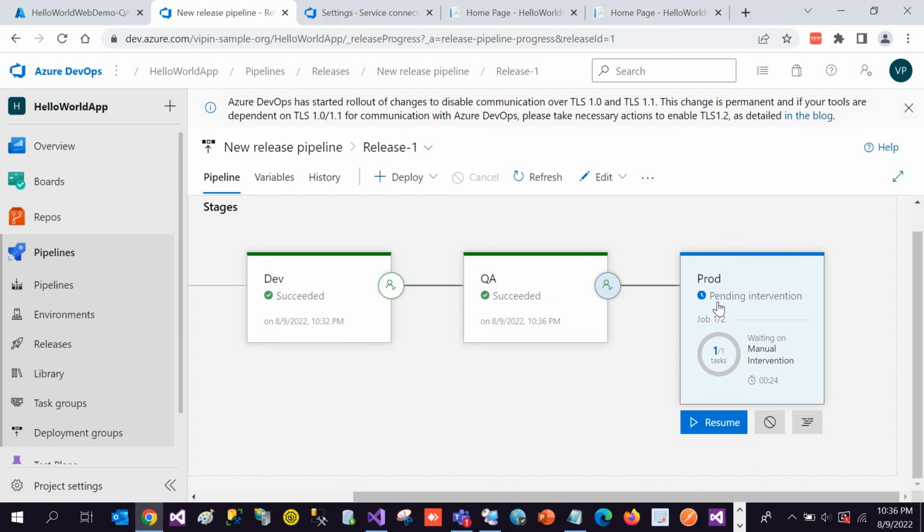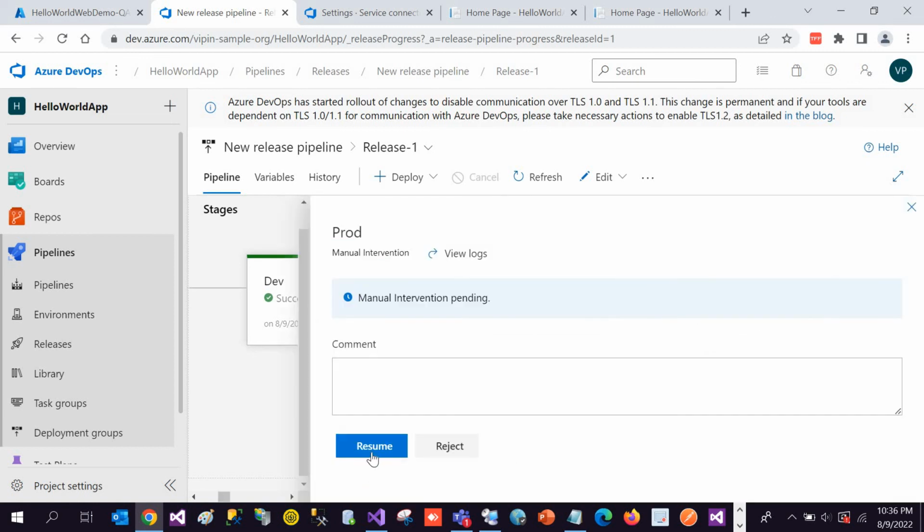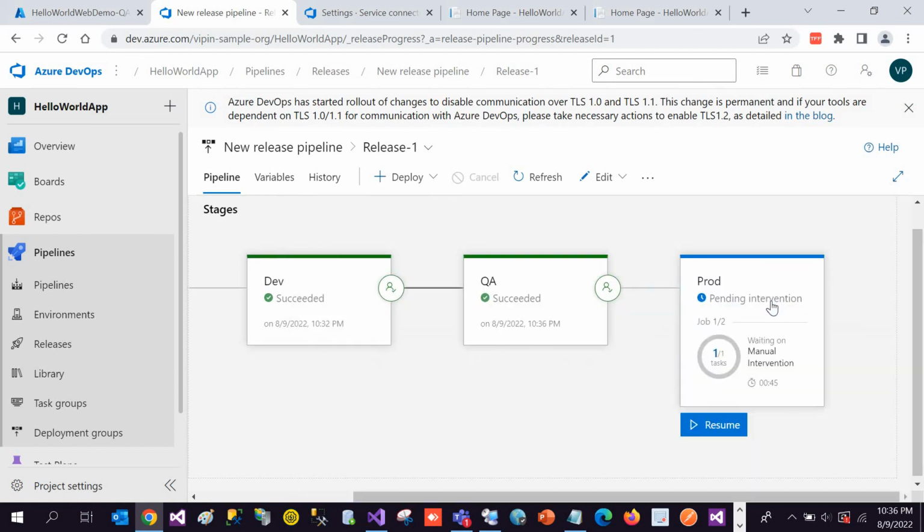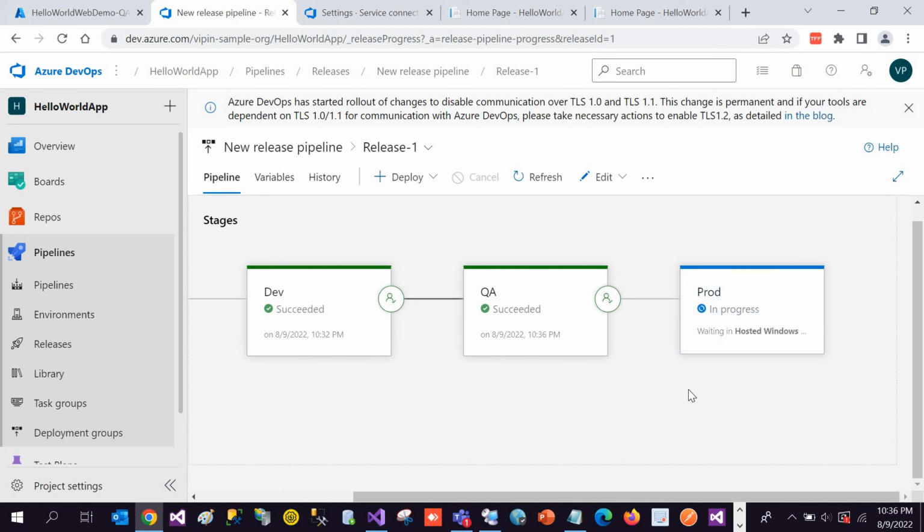On production, a person with higher authority will come and give sign off, or give approval. Once he or she gives approval, then automatically deployment is going to happen on the production region. So let's click on this button. Now let's give it approval. Now you can see, as soon as we click on the manual intervention approval, our deployment has started in